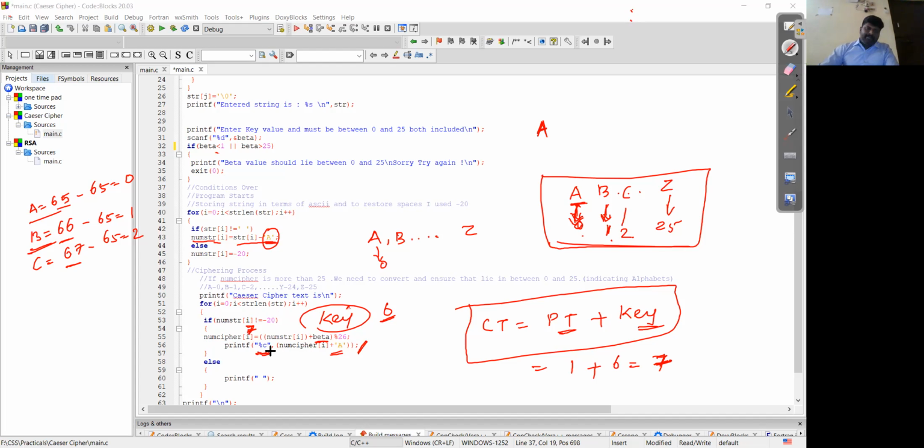When I print the value, for easy calculation I subtracted the ASCII value, and when I'm mapping back into the actual characters, I'm adding the ASCII value of A. Then I display the characters, whatever character I'm getting, I'm going to print.